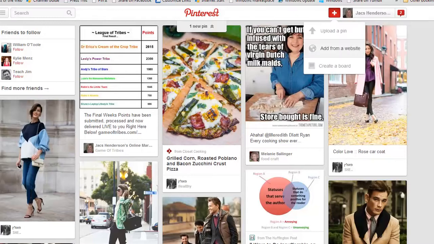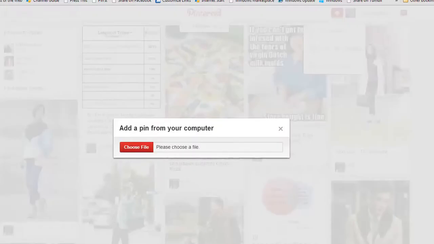Okay, so back to this. We've done add from a website. Now we'll upload a pin, and we will do this. This comes from your computer. So if you've got images saved somewhere, I'm going to just give you an example of what you can do here very quickly today, but I'm sure that you can think of lots of funky uses for this. So if we click upload a pin, it gives you the usual here. Add a pin from your computer and choose the file. So let's click on choose the file,